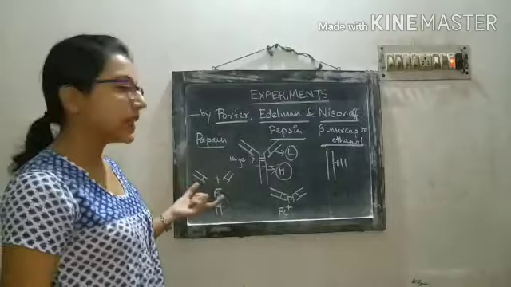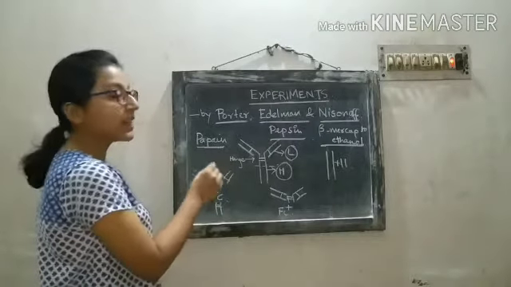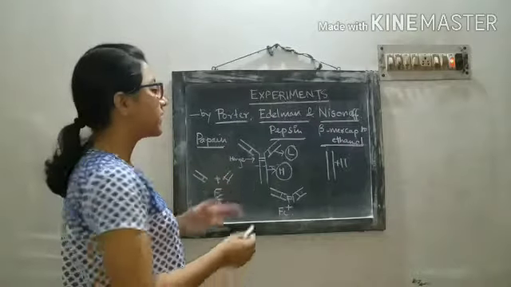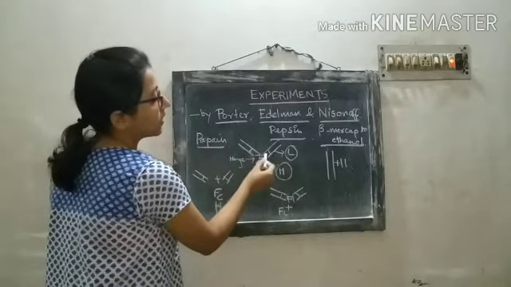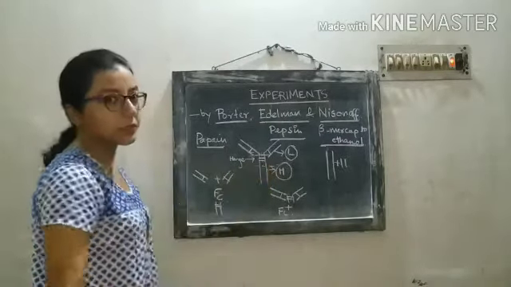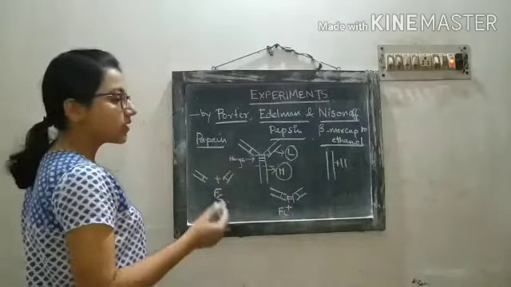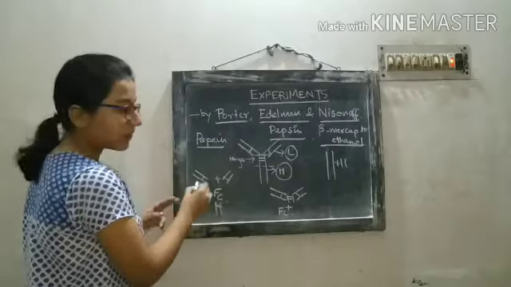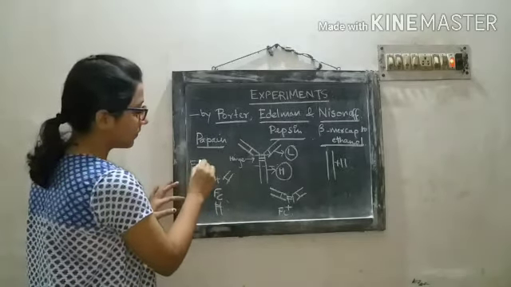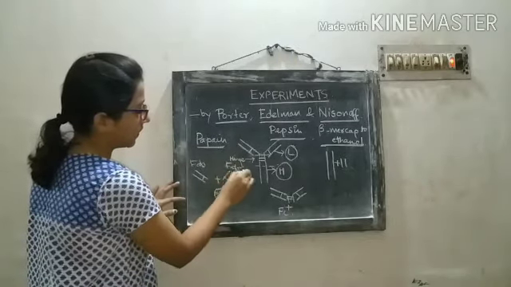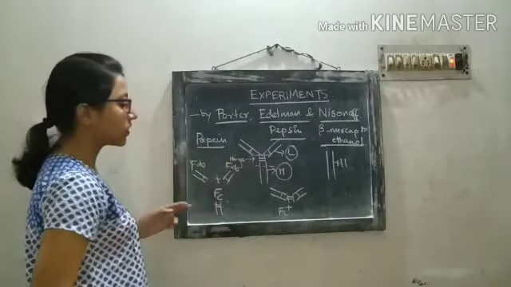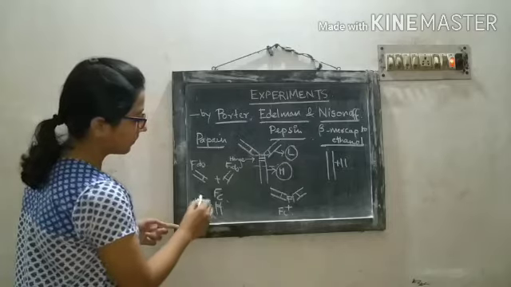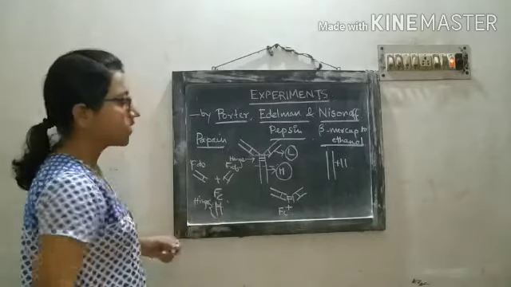But in case of papain digestion, the papain cut the protein just above the hinge region. So in this part the papain cut the immunoglobulin molecule, and for this reason the result was like this. 2 different fragments generated. These 2 types of fragments generated, and the FC part contained the hinge region. So this was the result.